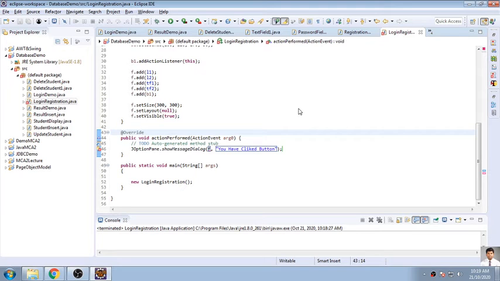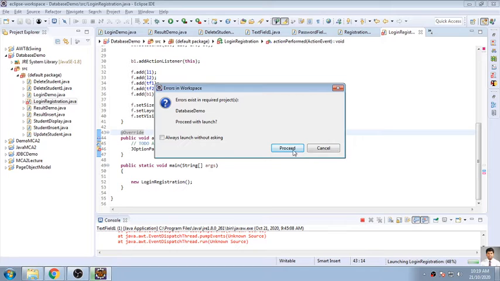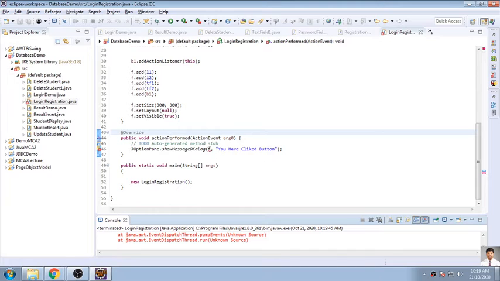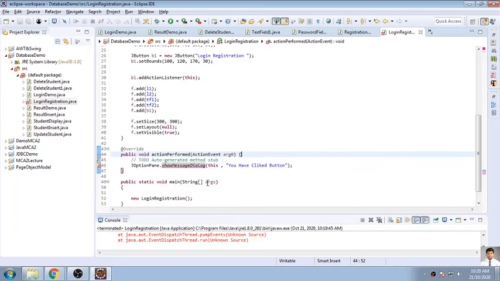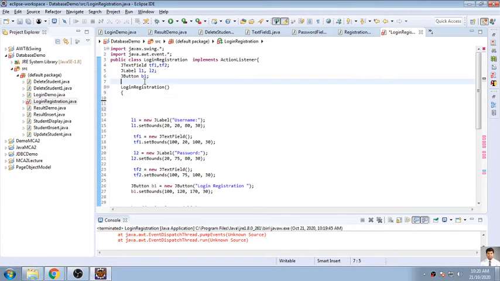So we'll run this. When I click, so frame here, so this, so I need to declare this object globally.